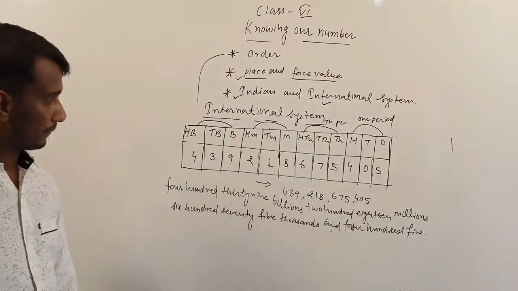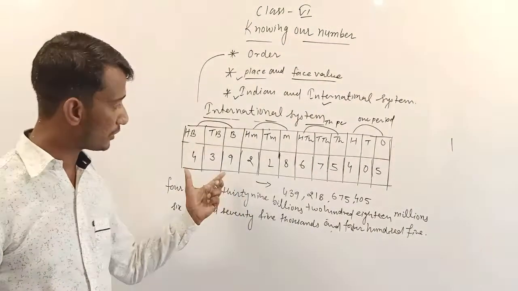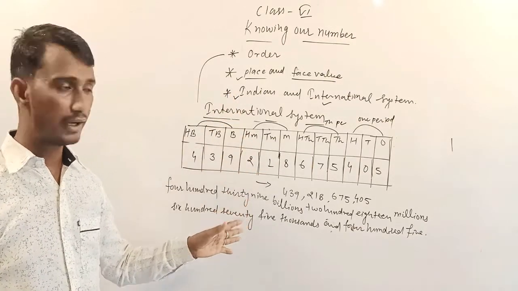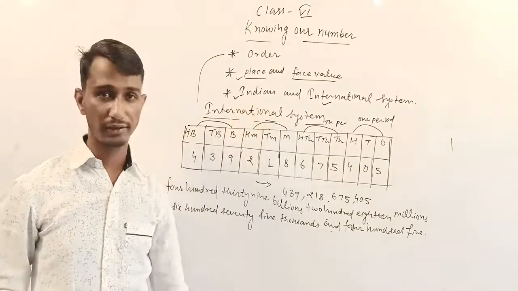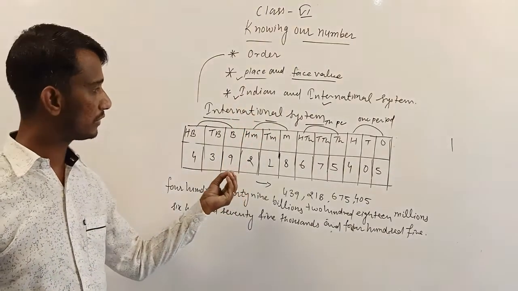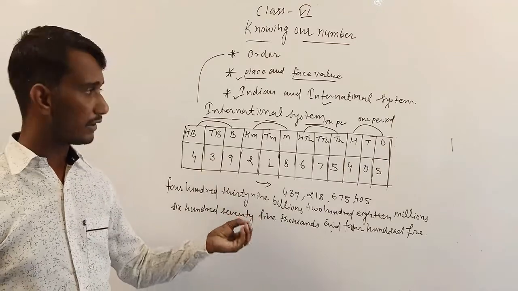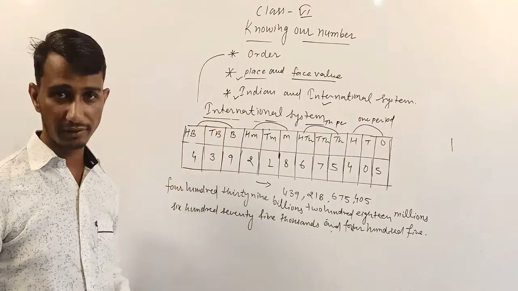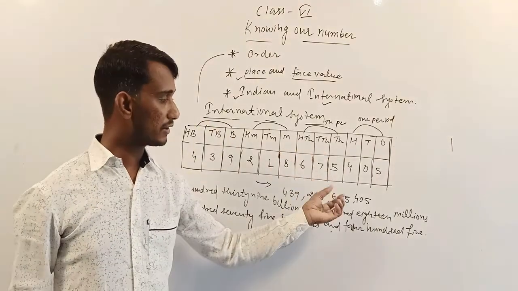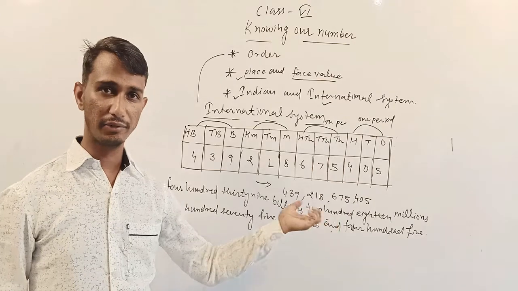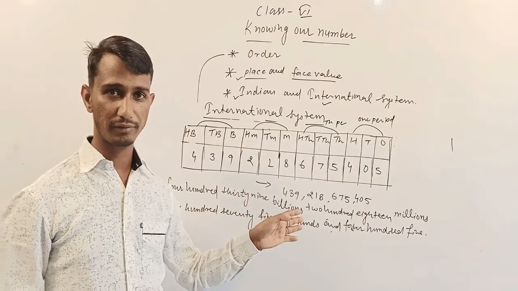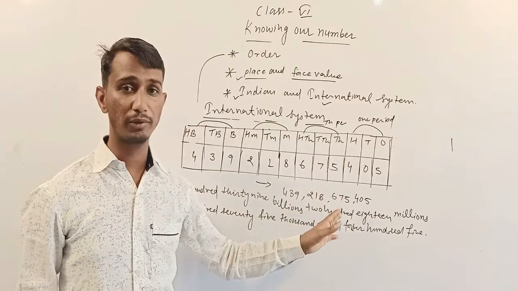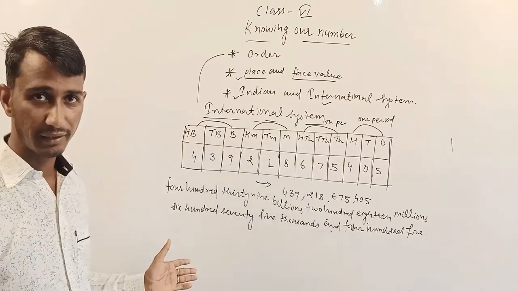Okay students, I hope you are getting my points on how to write numbers in the Indian system and international system, and you can easily compare them. There are one or two differences. According to the comma, you can tell the difference. In the Indian system, after the first three digits, we put the comma after every two digits, but in the international system, we put the comma after every three digits.